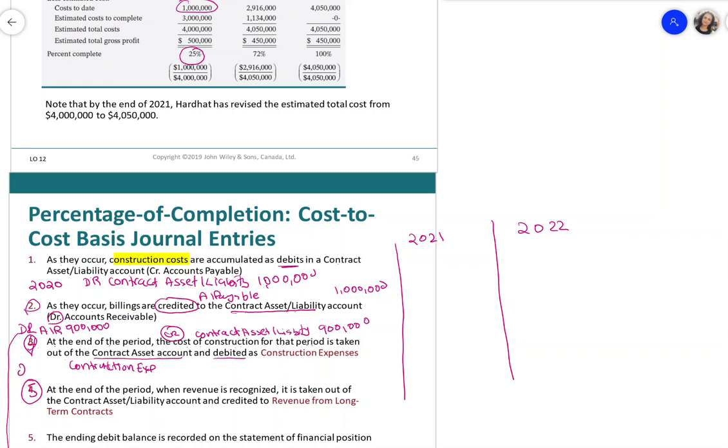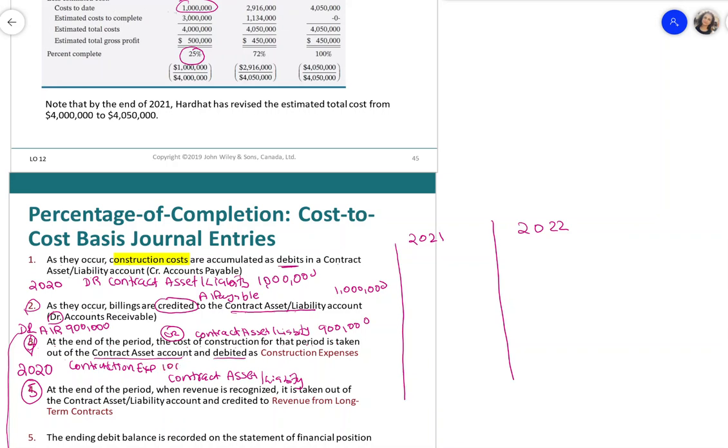So in this case, we're doing it for 2020, and the credit will be your contract asset / liability account. This account is only there for the part of recognizing the assets and the liability, so that will be taken out of the contract asset and liability account. How much is it going to be now? In this case, this is our first year, our cost is